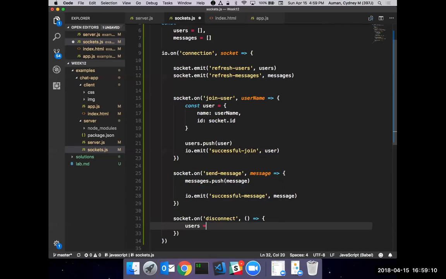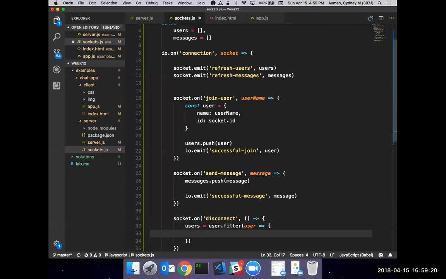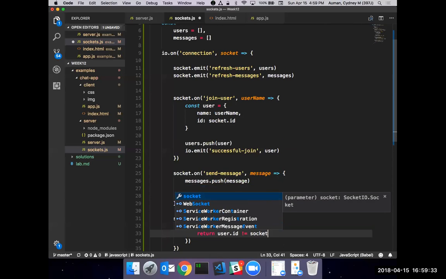So I can do users, and I can just find you, basically just by filtering out. I want to look through all my users, and I want to know where the user ID that I created earlier up here on line 18 is not going to be equal to the socket ID.